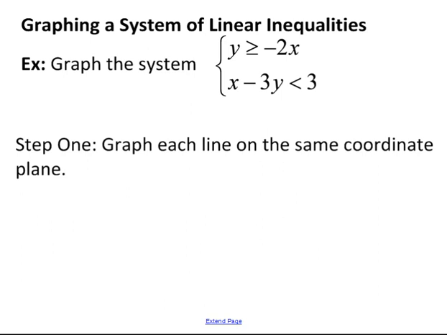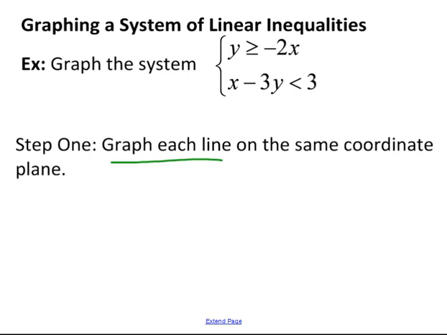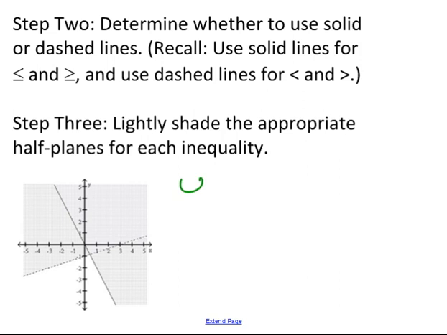All right, graphing a system of linear inequalities. So the first thing you have to do is graph each line on the same coordinate plane. So here we have each of these inequalities. So let's see what the first one was. First one was y is greater than or equal to -2x. You can think of this as +0 because it doesn't have a b. So you can think of that as +0, which means